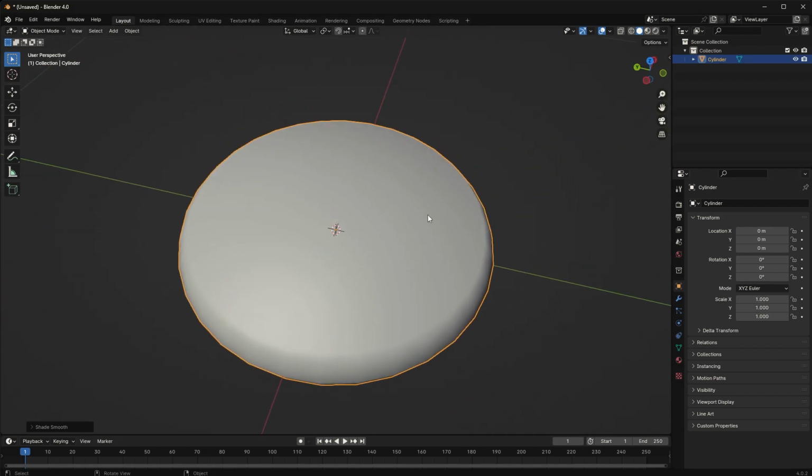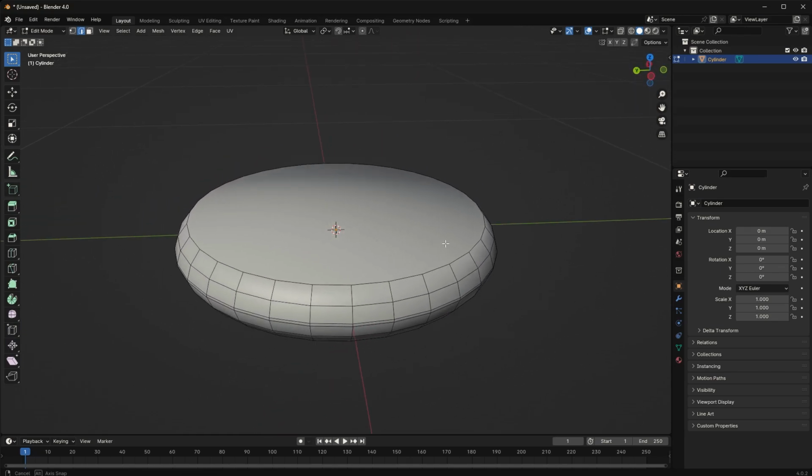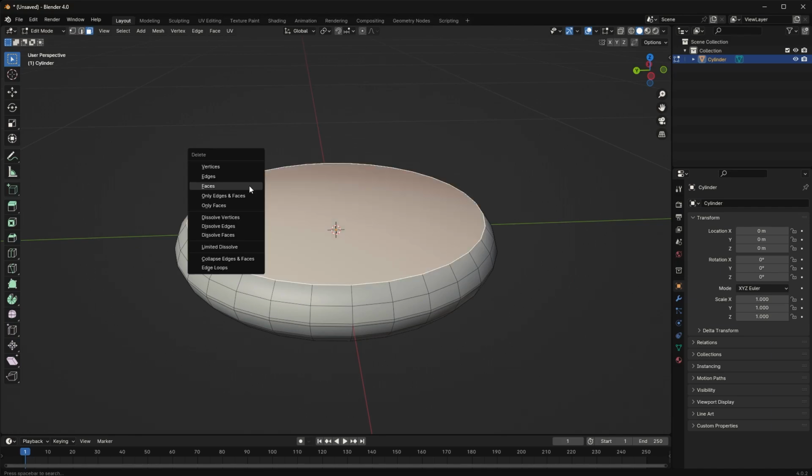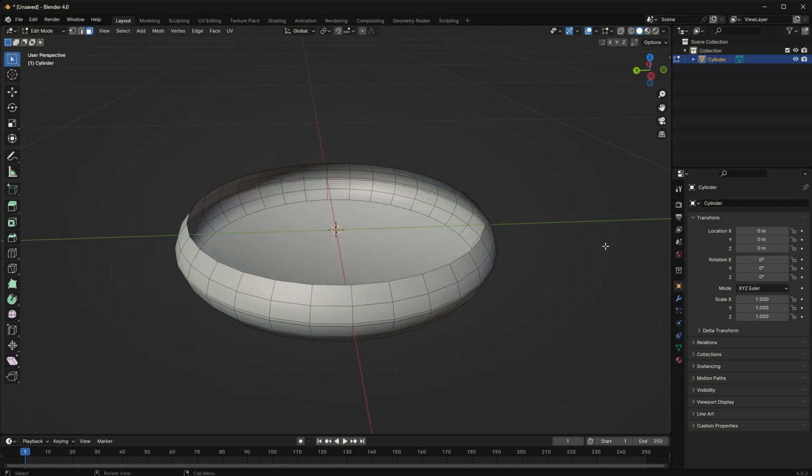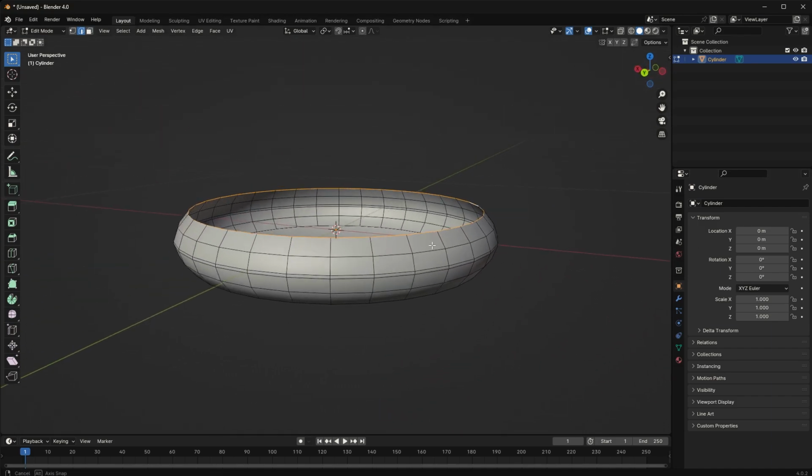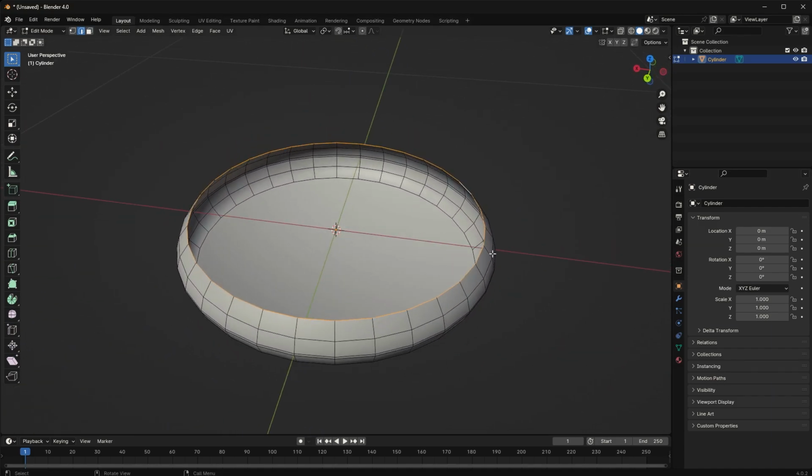Looks pretty nice. I'm going to go back into edit mode, and I'm going to select faces by hitting the 3 key. Click on the top face, and I will delete that face by hitting delete and then selecting faces. Now, what I want to do is hit 2 to get edges, and then select this top edge, and I'm going to extrude it just a little bit,